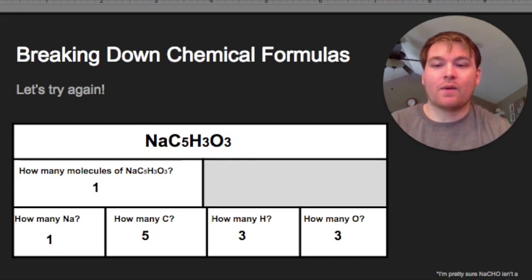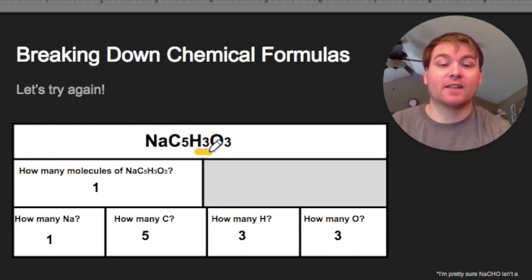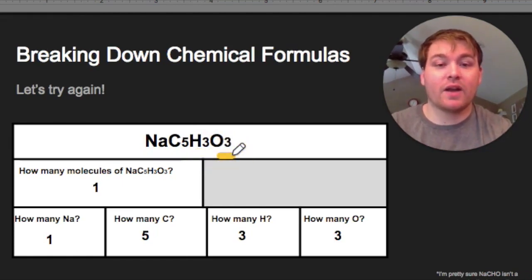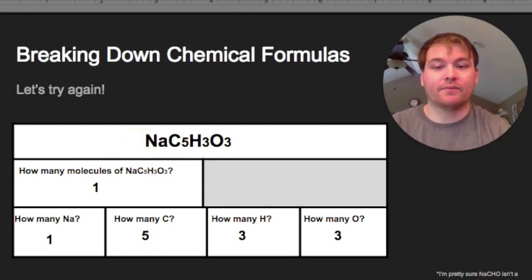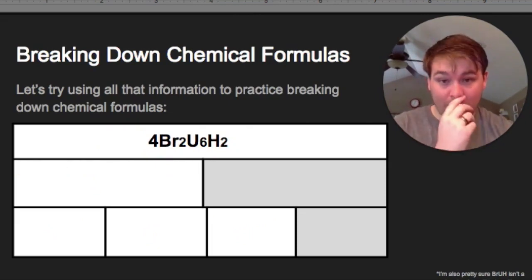3. Now remember, in order to find these numbers, what I did was I looked at the subscripts. Sodium had no subscript, so there's just 1. Carbon had a subscript of 5, so that means there's 5. Hydrogen had a subscript of 3, which means there's 3. And oxygen had a subscript of 3, which means there's 3. There was no coefficient at all, which is why I didn't have to multiply anything. Looking at this example,